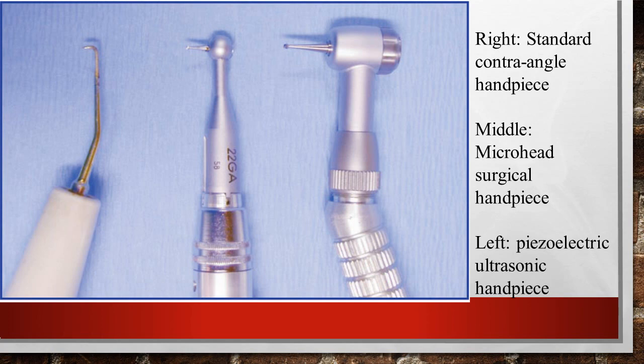Here you can see, from right to left, the different sizes of the handpieces. We prefer to use the one in the middle, that is the micro head, which is the surgical handpiece. The one on the right is the standard one, which we use for our restorative dentistry. You can also use your ultrasonic handpieces for actual troughing of the root apex, which will be covered later. In order to create a proper cavity so that you can fill in your retrograde root filling material, you have to use your ultrasonic handpiece to trough the dentine surface, the root tip surface, so that you can place your restorative material.